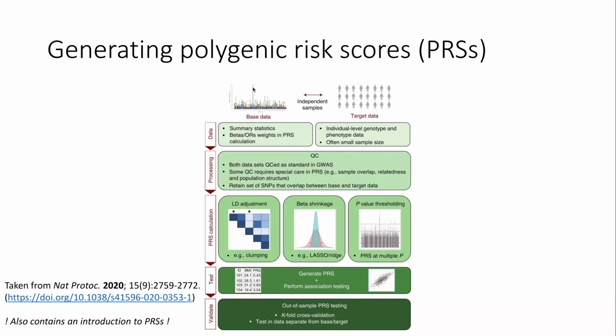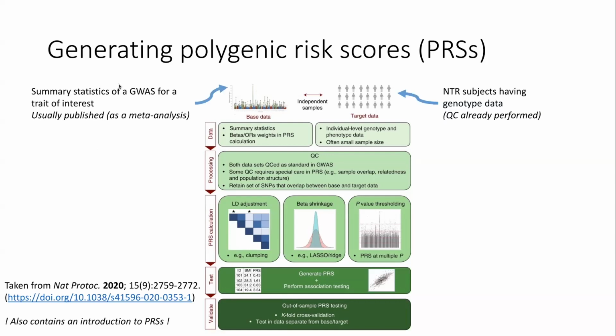Every dot is a variant, and the height of these dots says something about the significance of the association. So I'll go through this figure step by step. As I just told you, this can be the summary statistics of a genome-wide association study, the GWAS, for a trait of interest. And I'll also briefly explain what a GWAS is, so don't worry if it's unfamiliar to you. And over here, the target data, in my case, is the subjects that are part of our study,